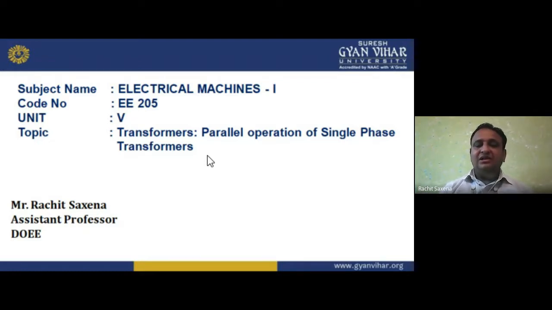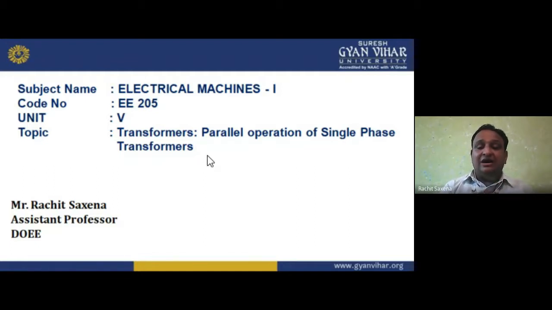Then we have the speed control, because in a motor we always have a problem or issue of speed. How can we control it? If I want to control the speed, my dear students, I need speed control methods. Speed control can be done with the help of field flux, armature voltage, Ward-Leonard method and Ward-Leonard Ilgner method. We have so many methods. We have studied a lot about this.